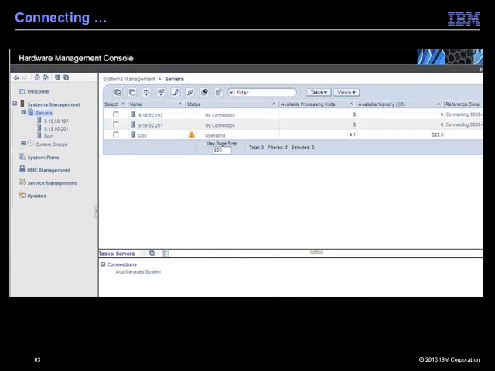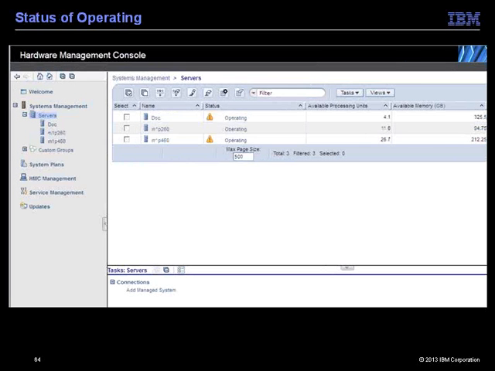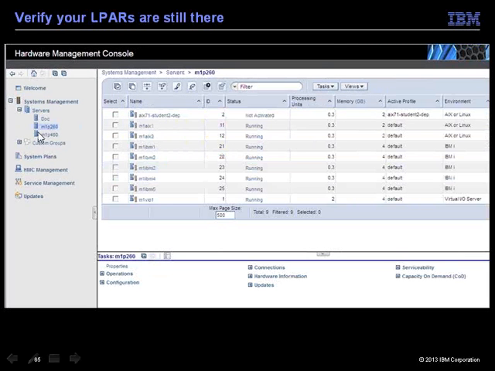We'll see the two IP addresses listed there. It shows no connection initially. Out to the far right, we see connecting, and we wait a minute or so. And eventually, once it's authenticated completely with that local authentication, we see I have an M1 P260, M1 P460, my two power compute nodes. If I select one of the compute nodes there on the left, I see the same listing of LPARs that I had when I was FSM managed. So I didn't lose my LPARs. They're still up and running, except for one of them is not activated. The others are up and running: IBM i, AIX, my virtual I/O server.